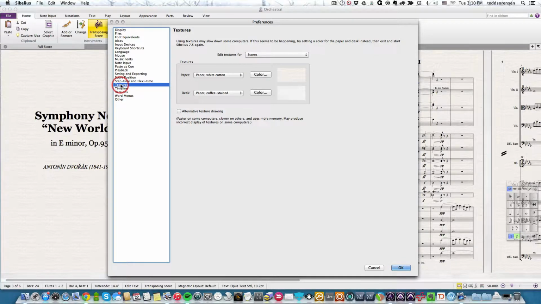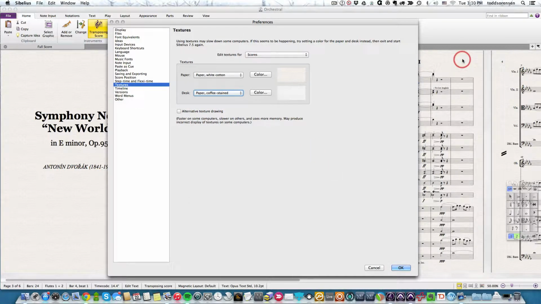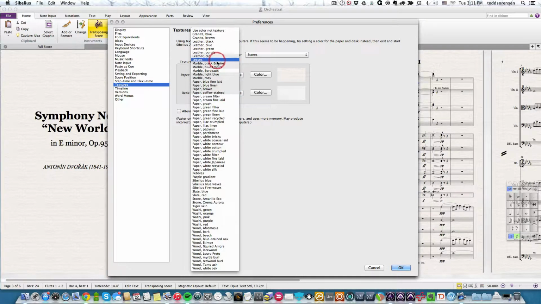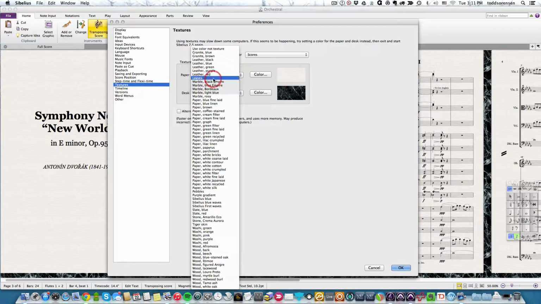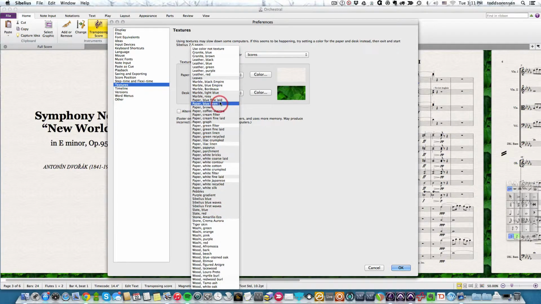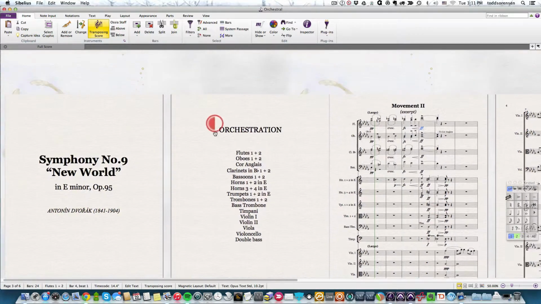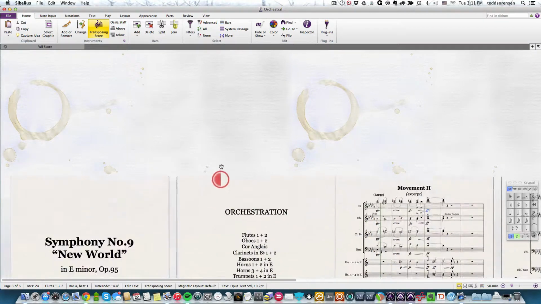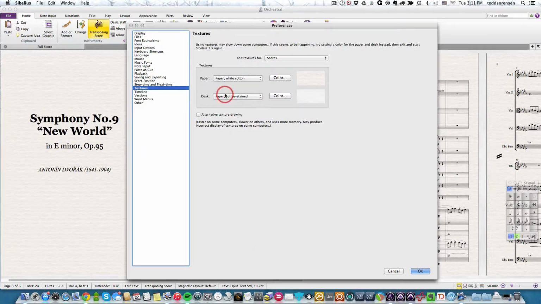Textures is where you can select the textures for your particular background, the textures back behind your paper here on your score. These are actually kind of fun to play with because you can select a variety of different backgrounds. You can see them changing right here. You got leaves or all kinds of different things. And the book says it's kind of fun to mess with the coffee-stained background, which we can look at if you want to. There you go. You can see the coffee stain on my background paper. So back to preferences, and we'll change these back to the standard ones,